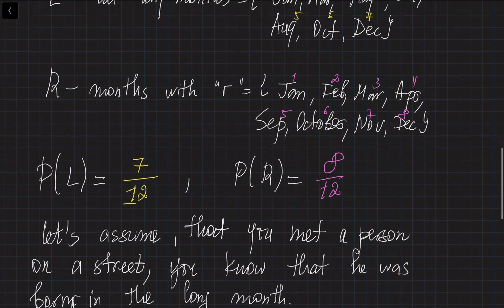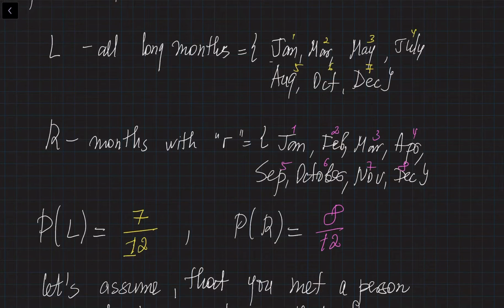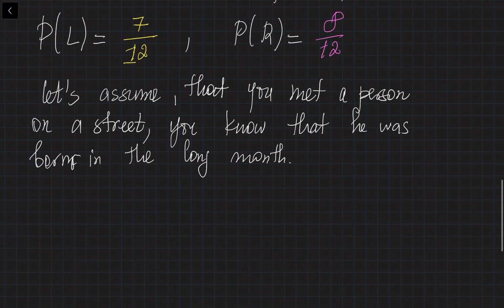What does it mean? It means that you know that he was born either in January, either in March, either in May, July, August, October, or December. So what you want is, you would like to know what is the probability